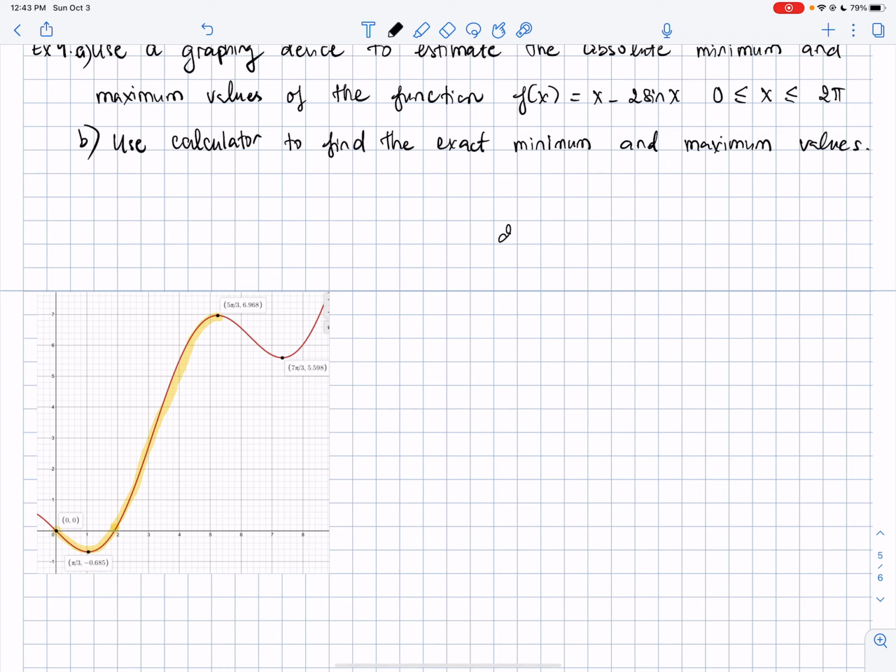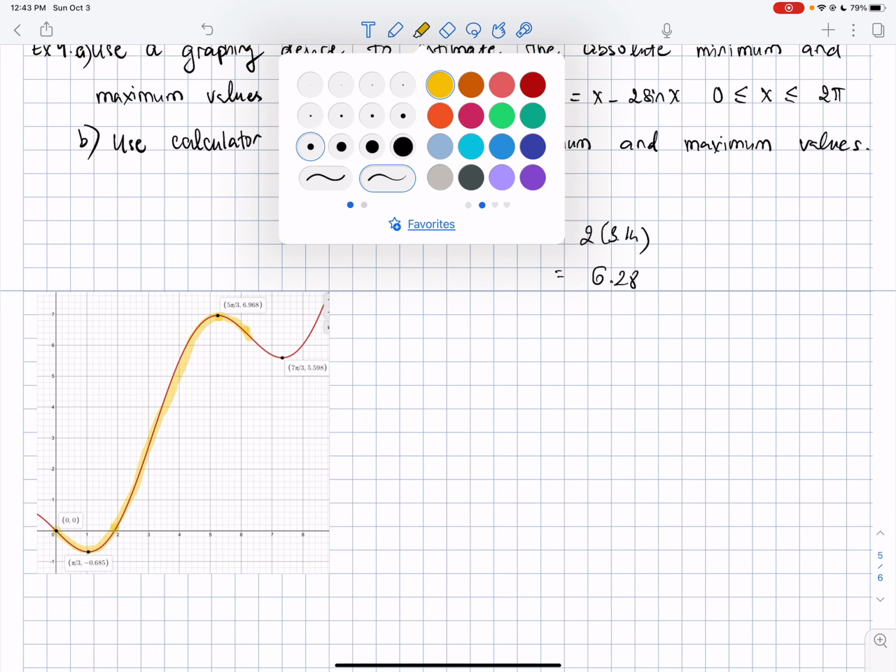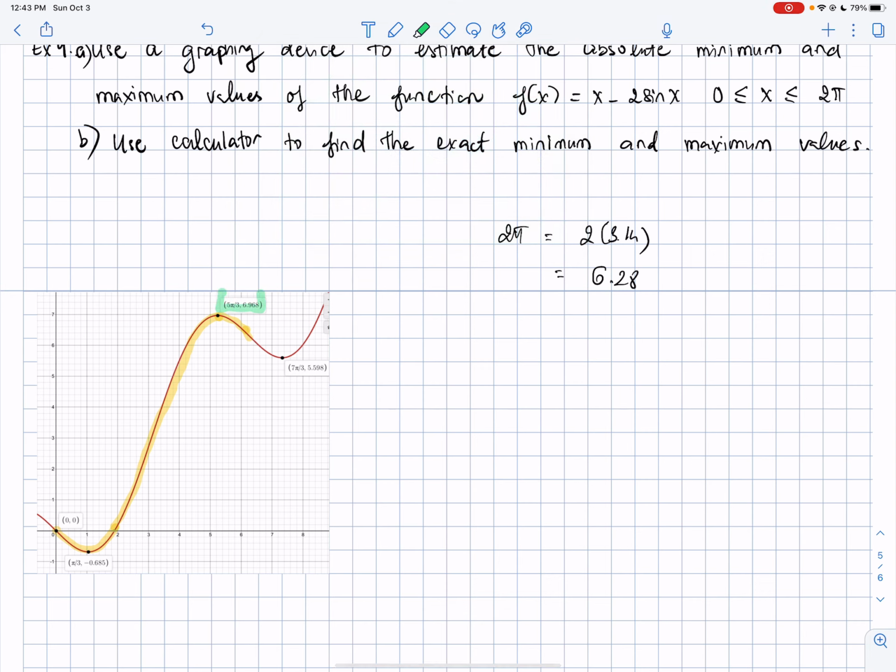2 pi is like 2 times 3.14, and that gives us 6.28. So the graph that we have in here is about like this, right? So the yellow highlight. Now we look at the yellow highlight, and from the graph we can see that this point is the highest point and this point is the lowest point. So very easy, we can answer for part A: the minimum value